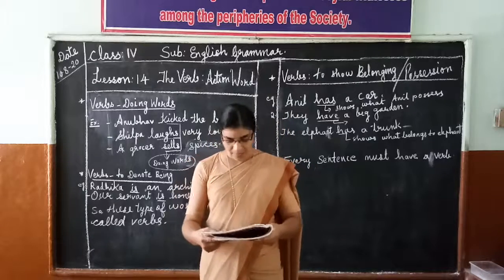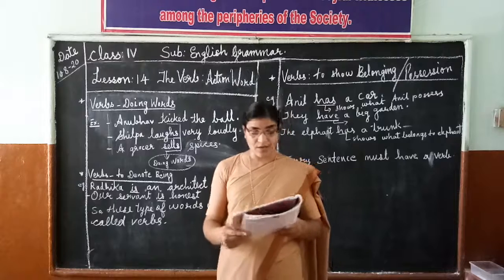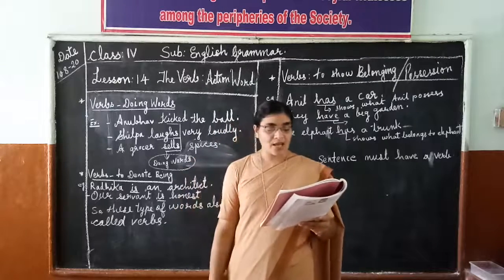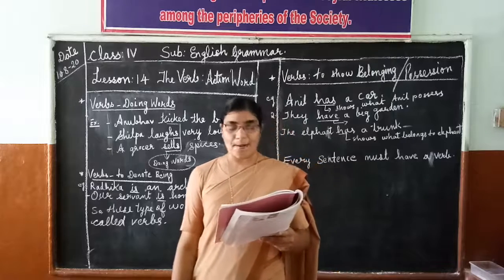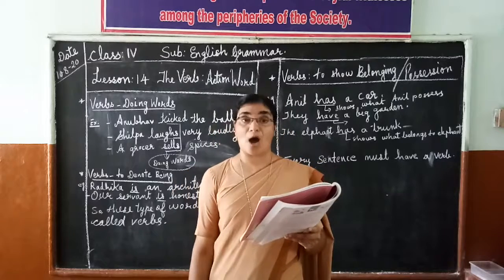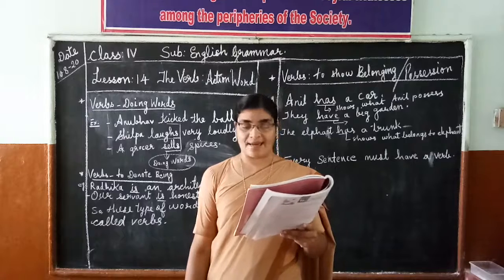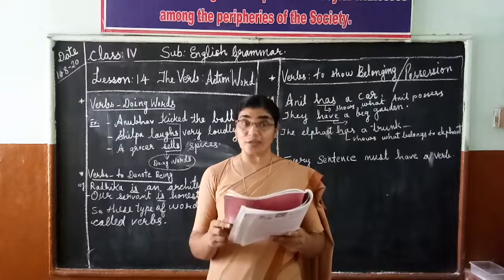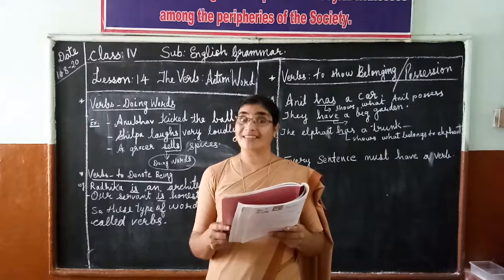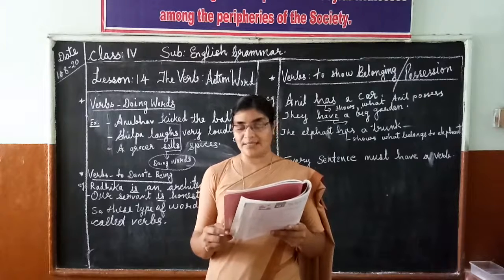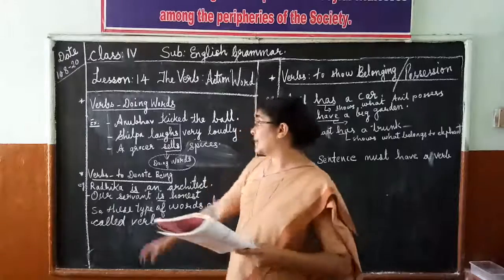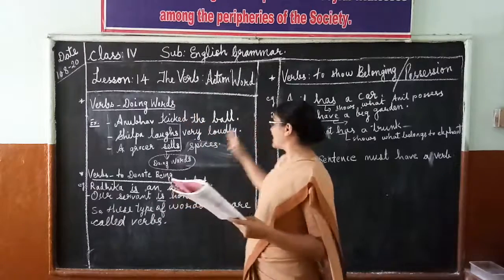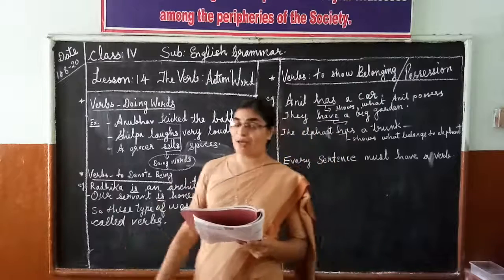So page 59, you have it in the middle, highlighted. A verb is used to say something about a person or thing. It says what a person or thing does, what a person or thing is, or what a person or thing has. A person is doing, is, and a person has belongingness.